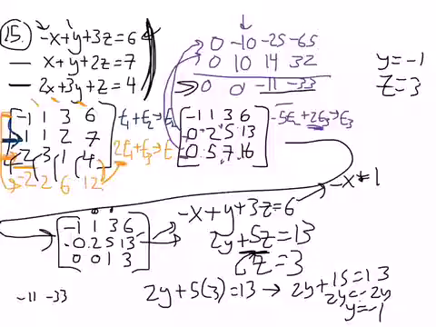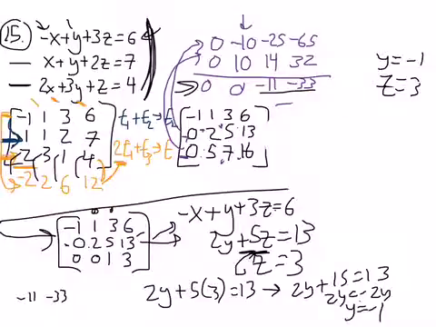Plug those in. I'm going to rewrite this. Negative x, I'm going to erase and give myself a little bit of space. That is much better. Negative x plus y, negative 1, plus 3z, plus 3 times z, which is 3,